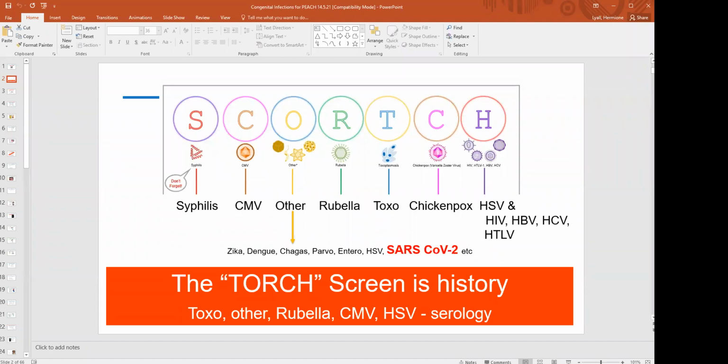The throwaway phrase was, oh, do a TORCH screen. And the TORCH screen was basically a serological screen and interpreted differently by different people, but some would do Toxoplasma, maybe other, rubella, CMV, and HSV. But I think actually the possibilities of what you might have for a congenital infection are much, much wider than that. And this is how we came up with